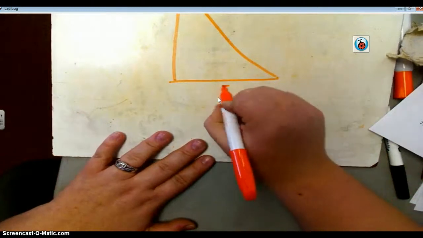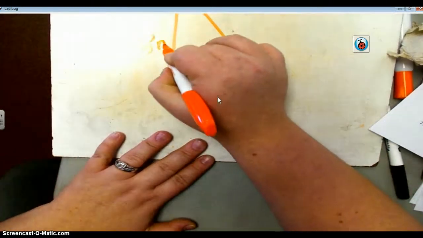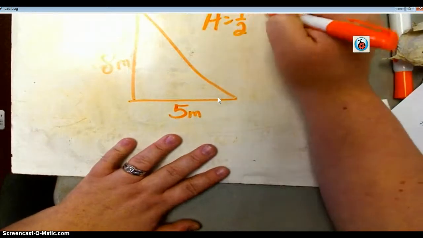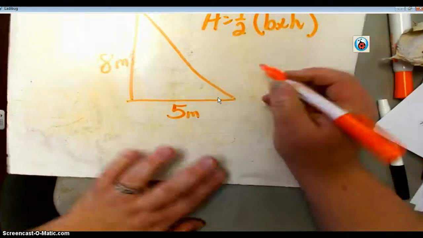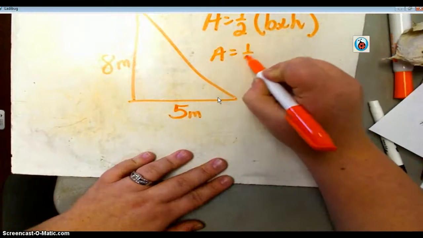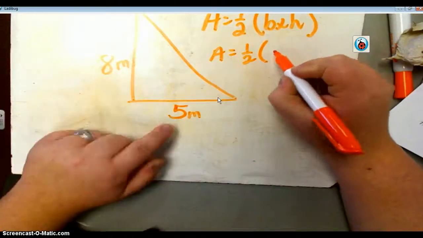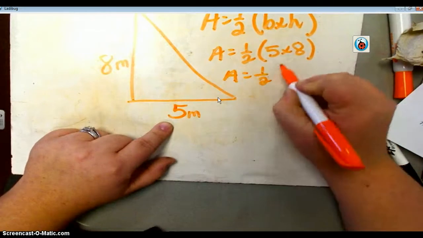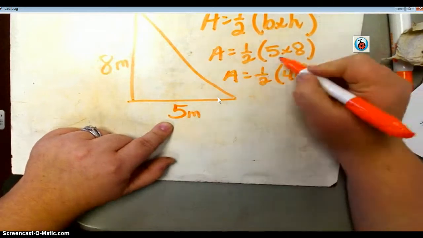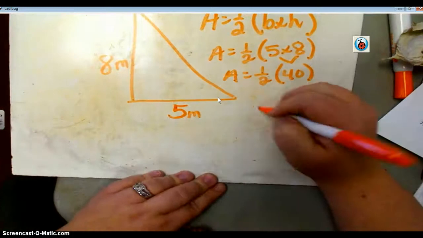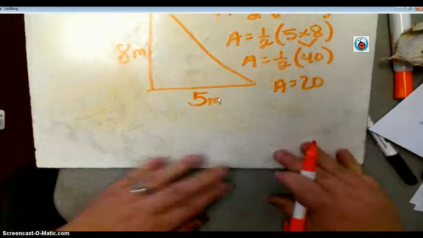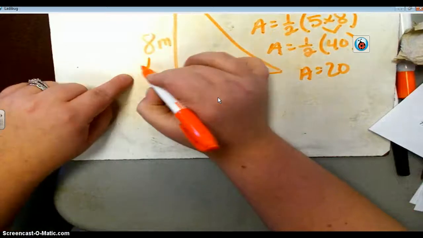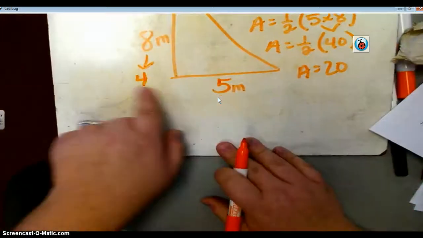Let's say this is 5 and this is 8 meters. Okay? My formula says area equals 1/2 times my base times my height. A equals 1/2 times 5 times 8. A equals 1/2 of 40. Right? Following that? A equals 20. Or I can look at this and I can see that 8 is even, so I'm going to say it's 4. 4 times 5 is